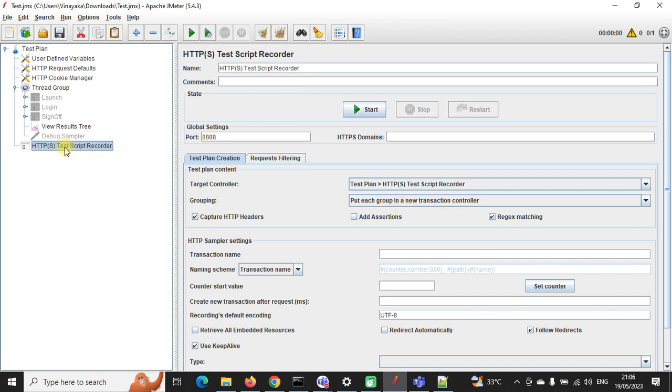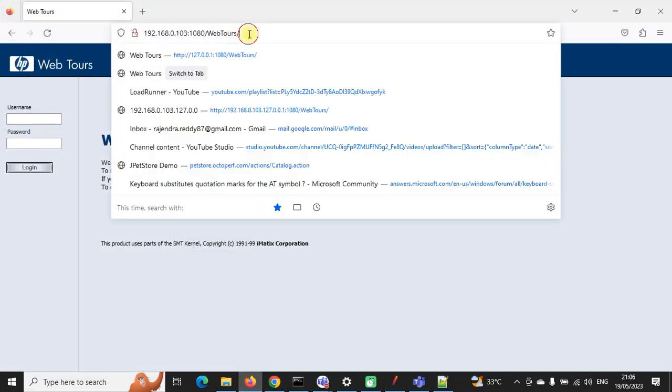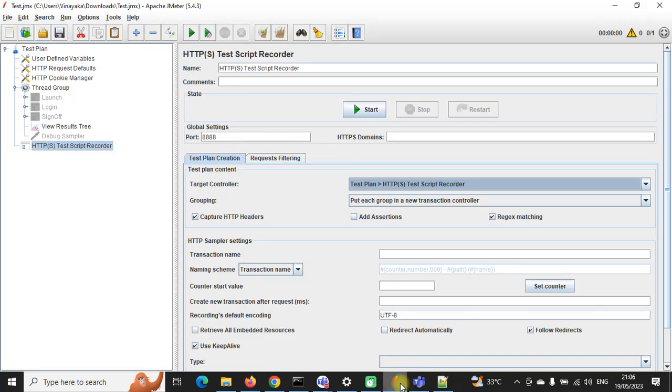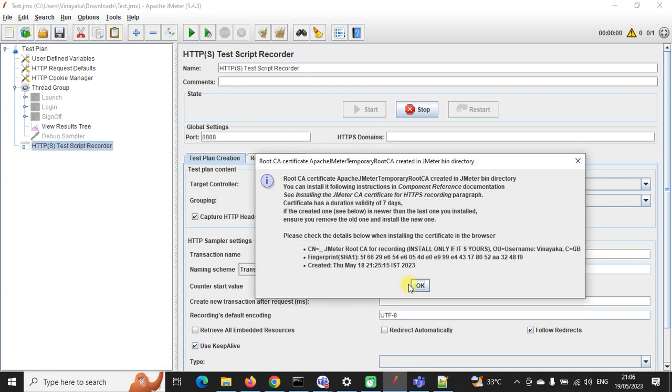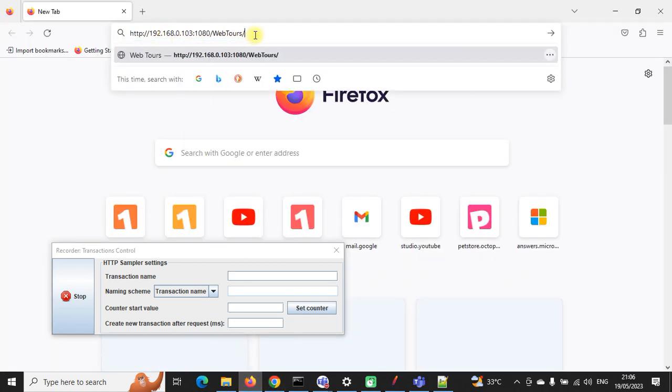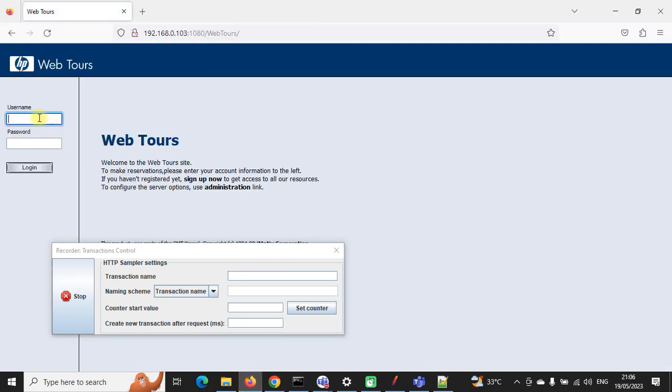Test plan, HTTP test script recorder, which I have selected. Then this is the URL, right? Copy this URL, close this. Start recording. Go to the browser, enter